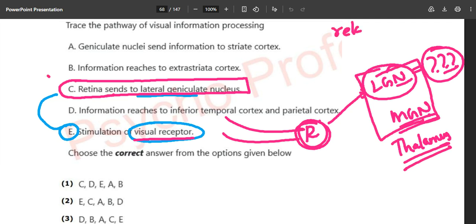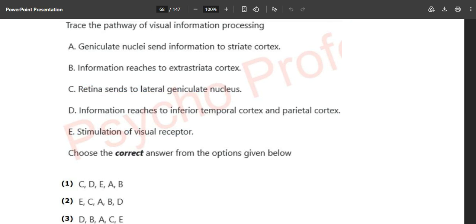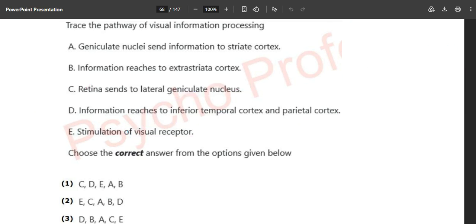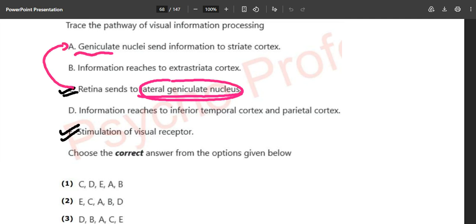Why? Because every information that is coming from your senses, your sensory system, is going to pass only and only from the thalamus. After that, everything will happen into picture, leaving only one exception, that is your olfactory bulb. So the eye will come first, then the retina sends to lateral geniculate nuclei. Then this geniculate nuclei sends information to striate cortex,